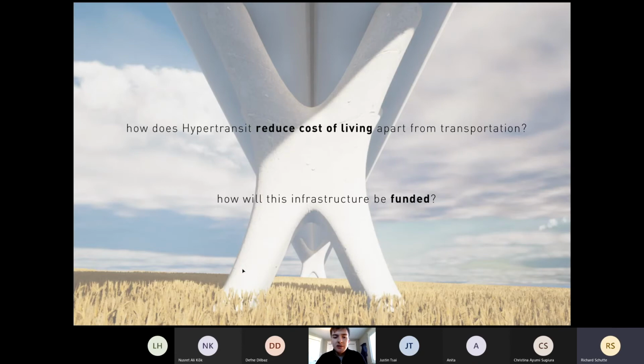So how does HyperTransit reduce cost of living apart from transportation? So we have the transportation side figured out. That's great. And the big question is, how will this infrastructure be funded? How is this actually going to be made? And so